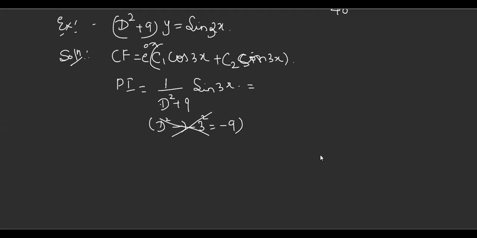We have a procedure. Multiply the numerator by x and differentiate the denominator. What is the derivative of D square plus 9? 2D. Now, this can be solved in two ways. I'll explain the first form here. We have a D and we know we have to replace D square only. So we'll multiply and divide by D here. So this is x by 2. If you multiply and divide by D, it becomes D square into sin 3x.